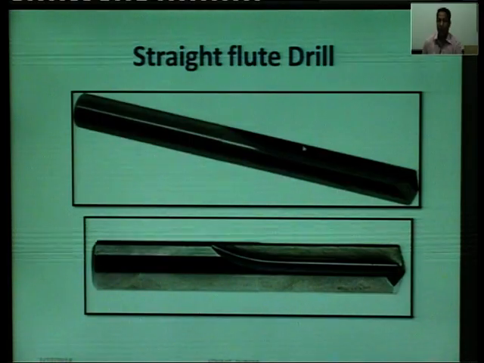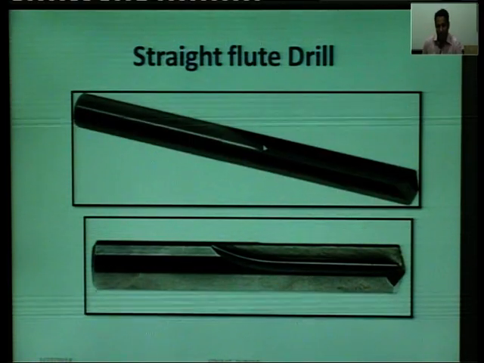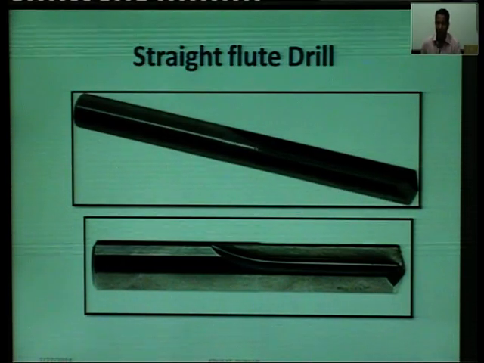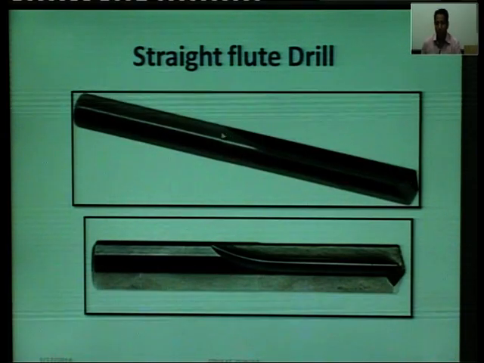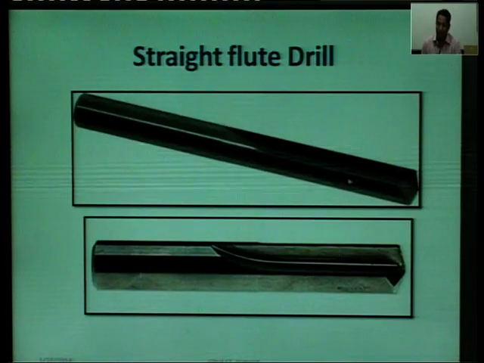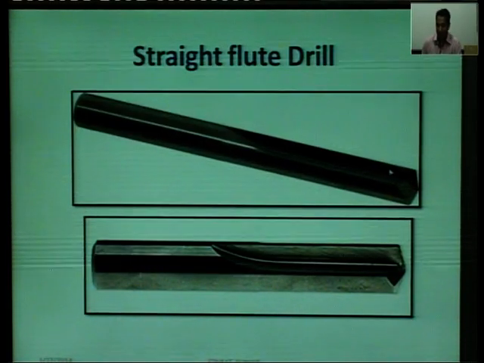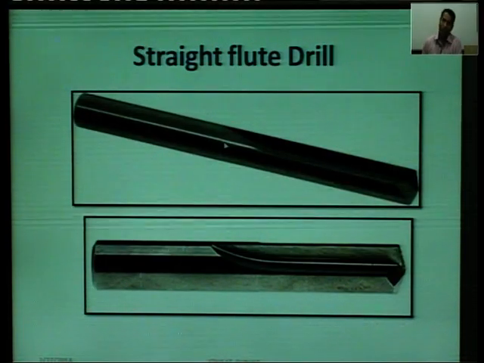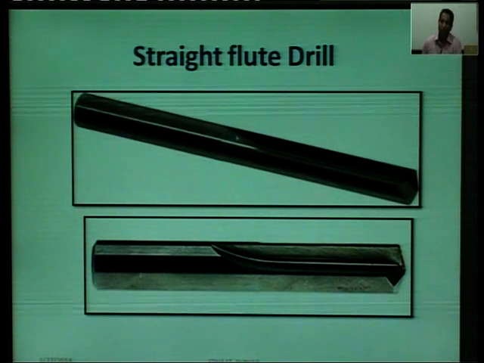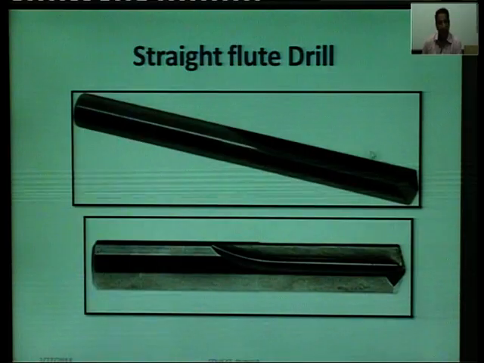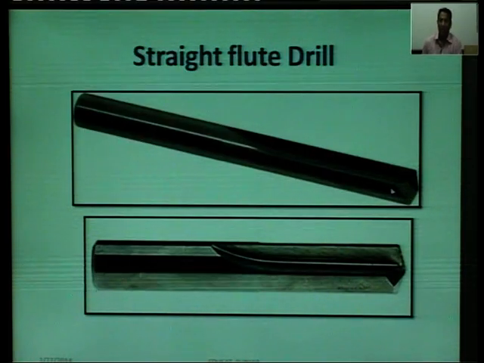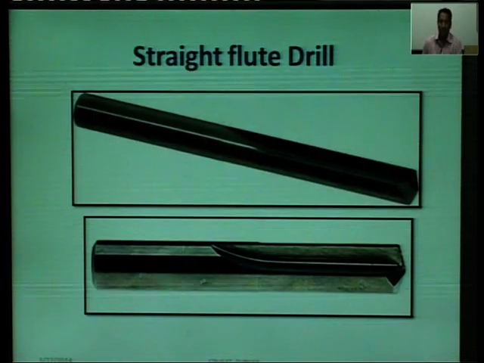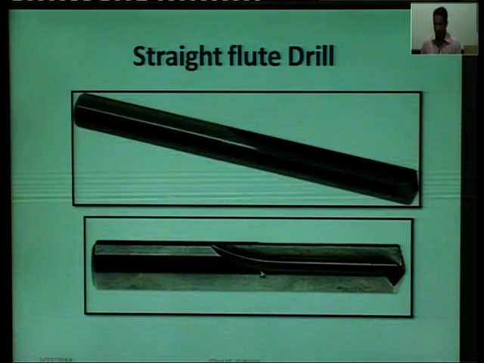It has flute, which means it has a long groove which runs from here to the end for the purpose to remove the debris from inside the workpiece away. The chips that are formed also have to be taken out, and for that we need space. So the flute is used for that purpose also. Flute can be used to give the coolant supply at the tip of the drill, so that there may be proper machining of the workpiece, fine finish of the drilling. So this is another photograph of the straight flute drill.